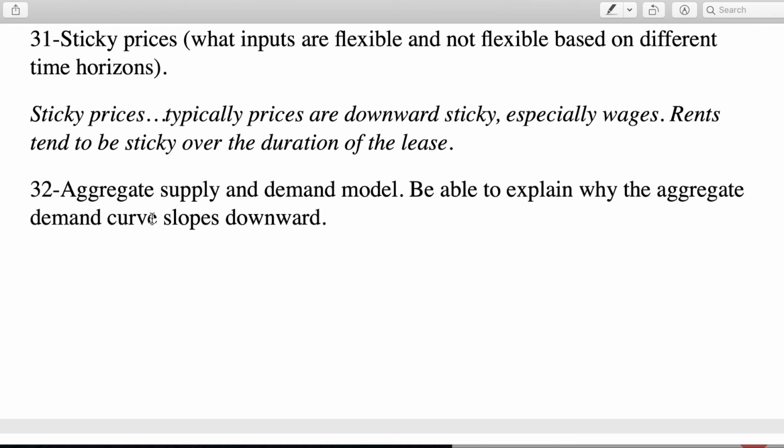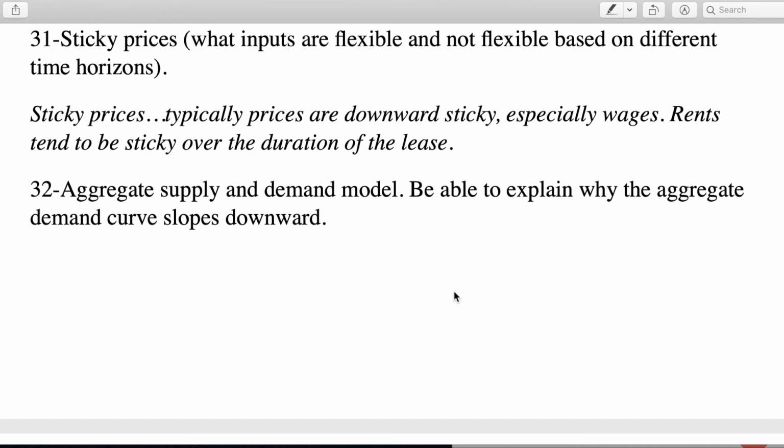That's why deflation is such a problem for firms, because if the price level is falling, then firms are paying their workers with money that's worth more than essentially the outputs that they're producing. Rents also tend to be sticky over the duration of the lease, right? In the short run, rent is going to be a fixed cost. You're not going to be able to change that. In the long run, you're going to be able to get out of rent and get into more favorable leases and so on and so forth.